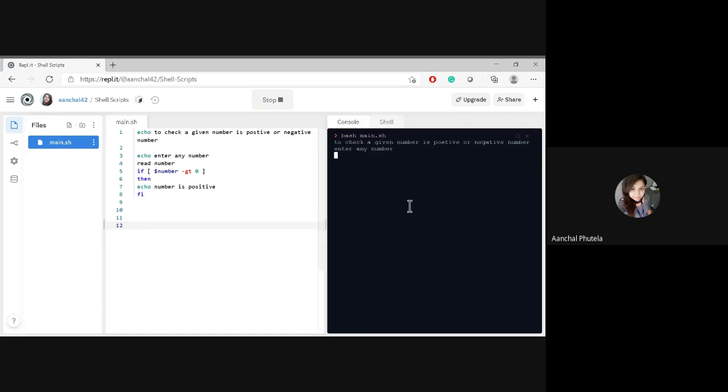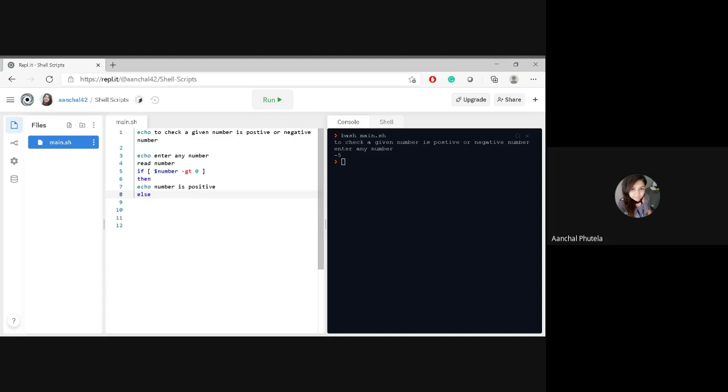To enter any number, I'm giving a number 5. Number is positive. If I run this again and give -5, nothing will be displayed. So what did I do? अब यहाँ पर एक else statement भी दी.